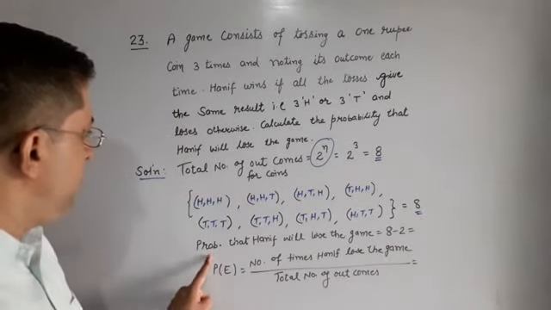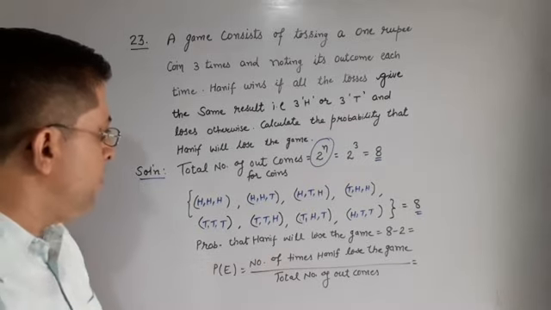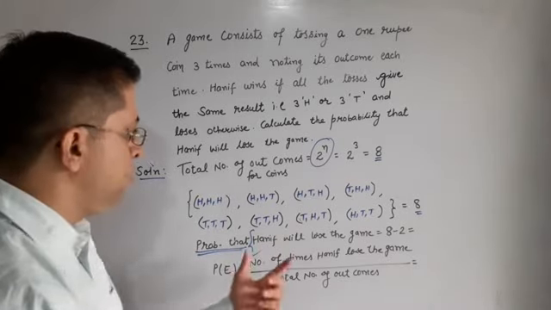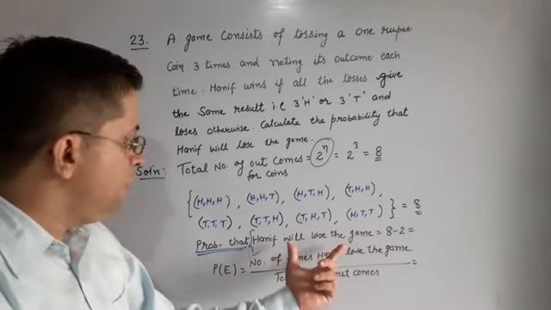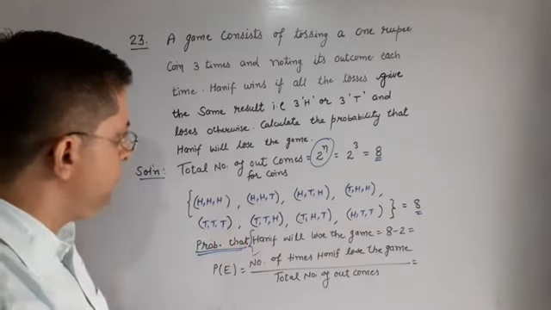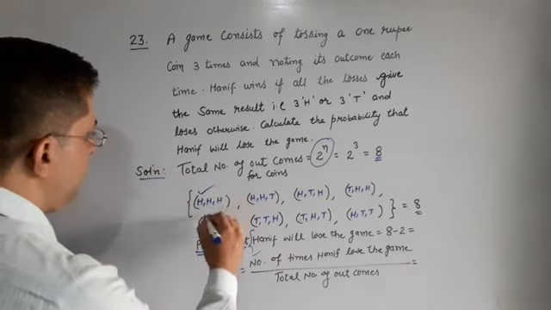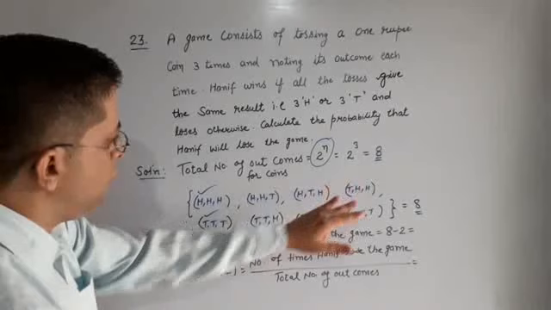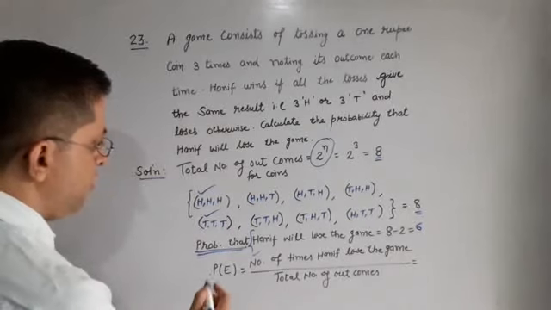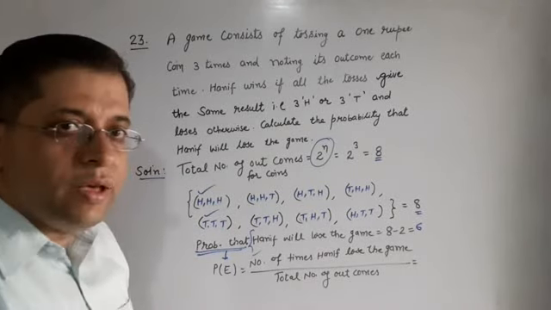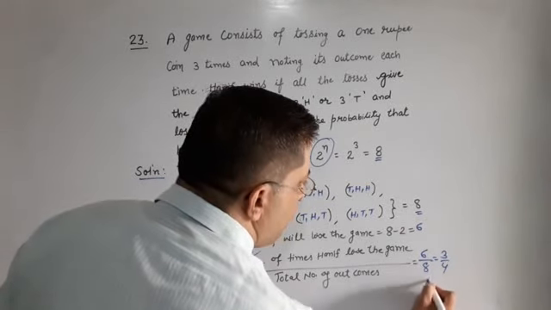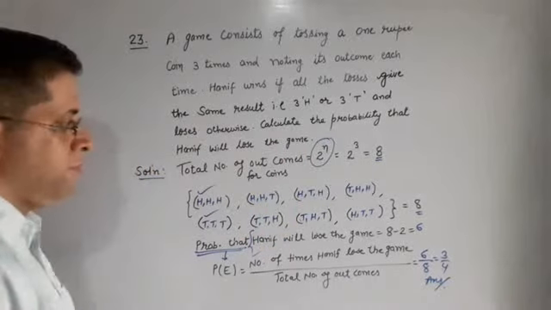Okay. Then you have to find probability. But how many number of times Hanif loses the game? Let me see. We have to find how many number of times. Okay, total are 8. In these 8, 2 times Hanif can win, otherwise he will lose. 1, 2, 3, 4, 5, 6. It means 8 minus 2 is equal to 6. Then what is the probability for losing the game of Hanif? 6 upon 8, this is 3 upon 4, this is your answer.